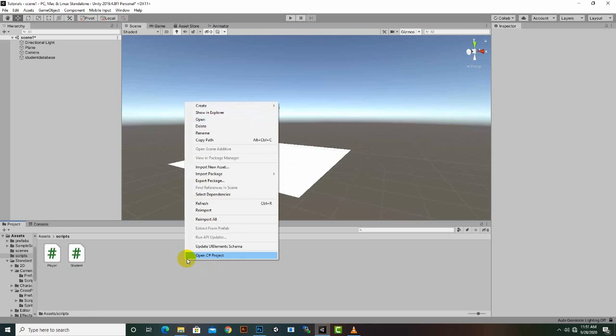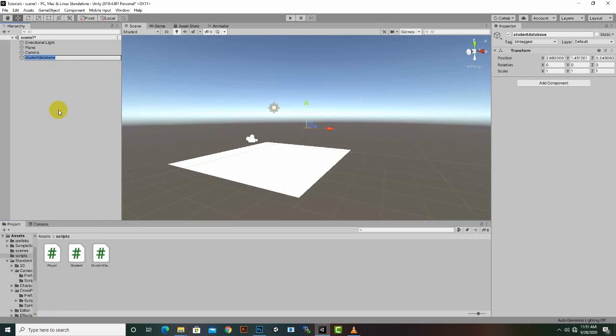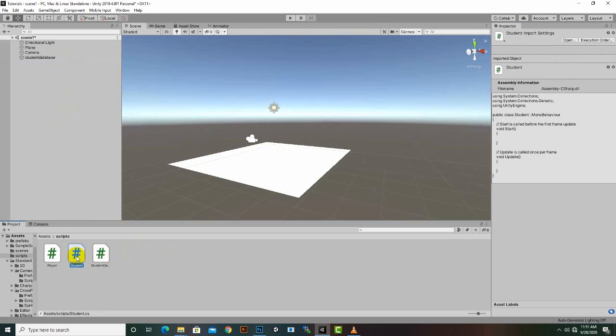The other script we want is for the student database. So Student Database script we will add to our game object. So let's select the game object, and then we will drag and drop this script here. Okay, so now we will open the Student script